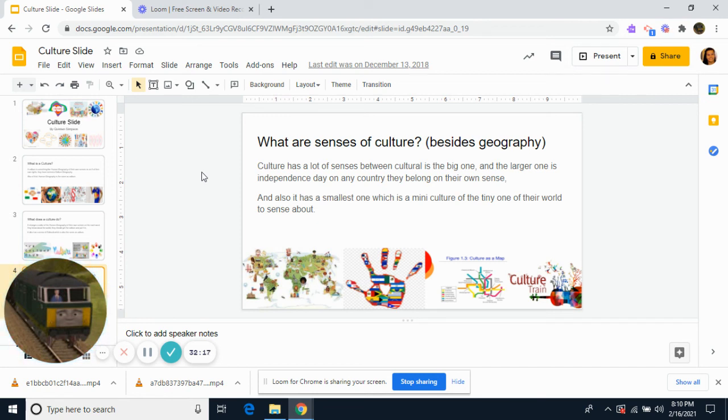To be honest with you guys, I thought COVID was going to last until the end of this year, but I looked it up and COVID might be over by the end of April. The pandemic can be over by the end of April. I'm not sure, but hopefully it will. Okay, so geography cannot be alone